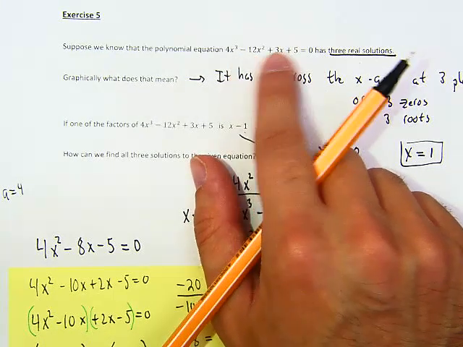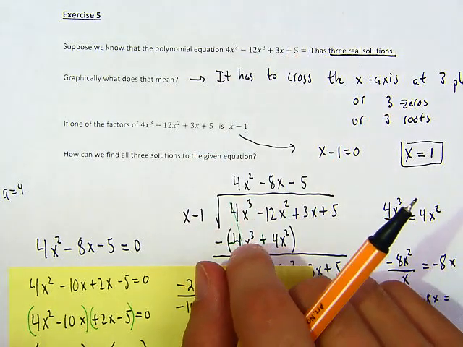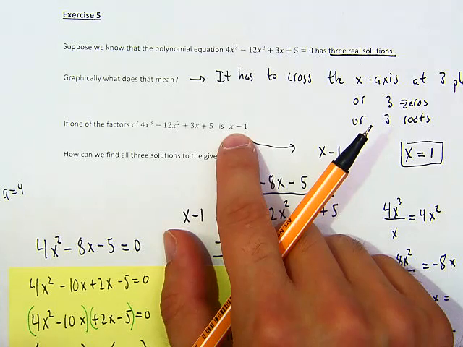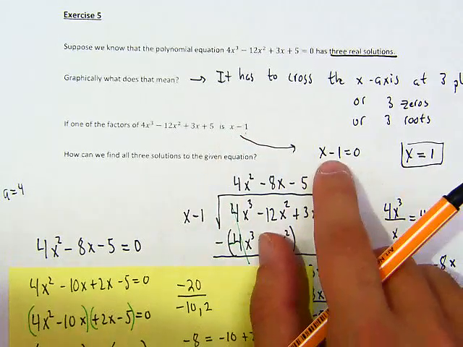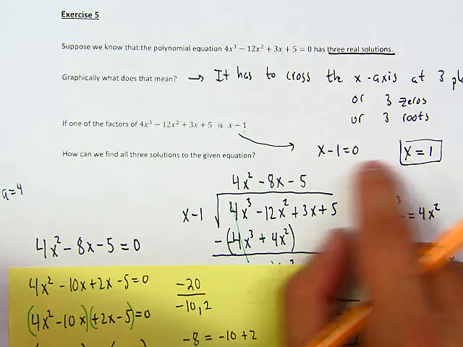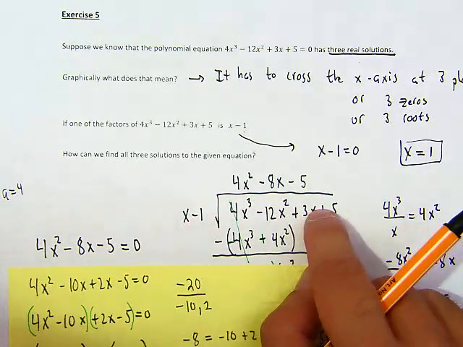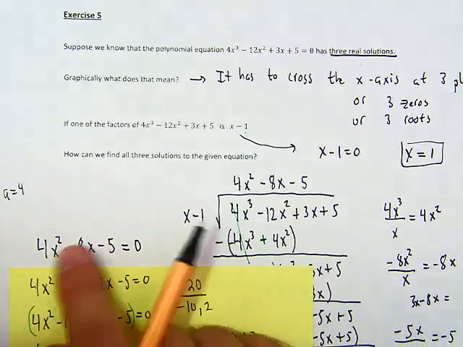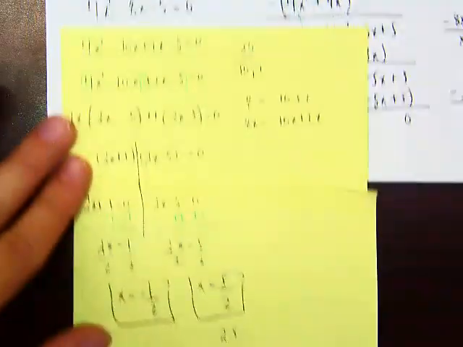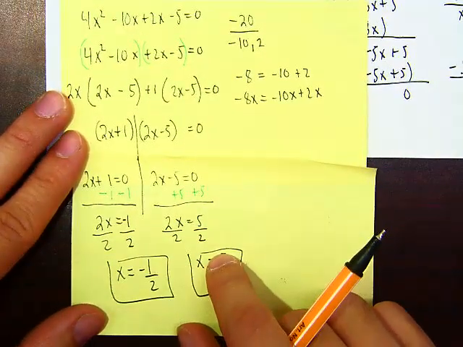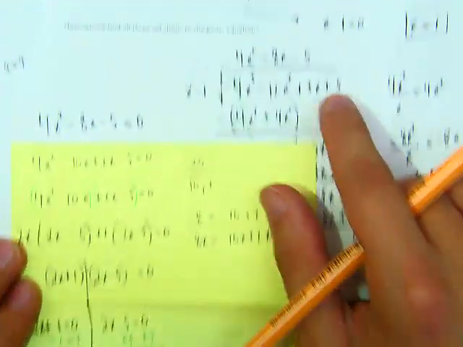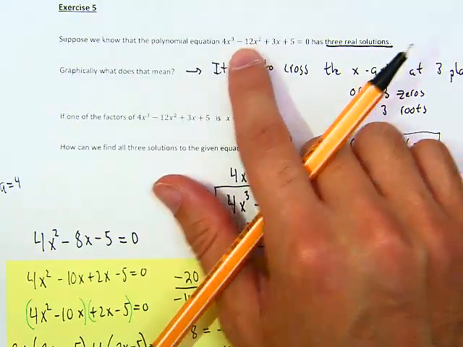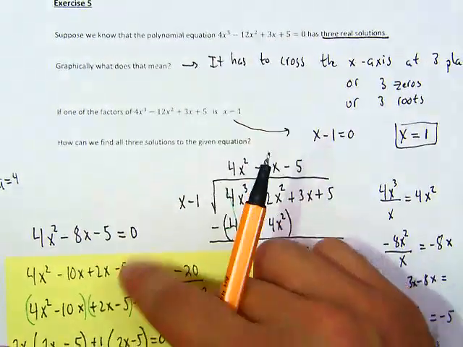So just to recap, how did we do this? We know that this one is a factor, right? So then we found one of the solutions. Then what did we do with that x minus 1? We divided it. And whatever we got for the quotient, we had to factor that one to find the other 2 solutions. Notice that we're using some old things and things that we learned in the past to help us